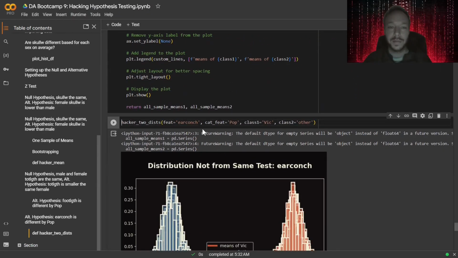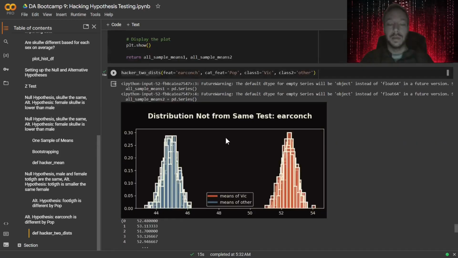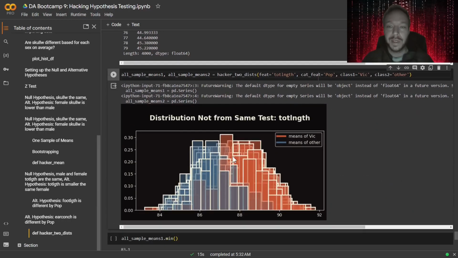Okay. So we looked at ear conch by population in Vic, you can see. Okay, and you can see, well, that was pretty easy there. They're pretty different right there. And then we collect the averages. Okay. And then total length, what does that look like? So now here we're getting the total length here, and you can see,